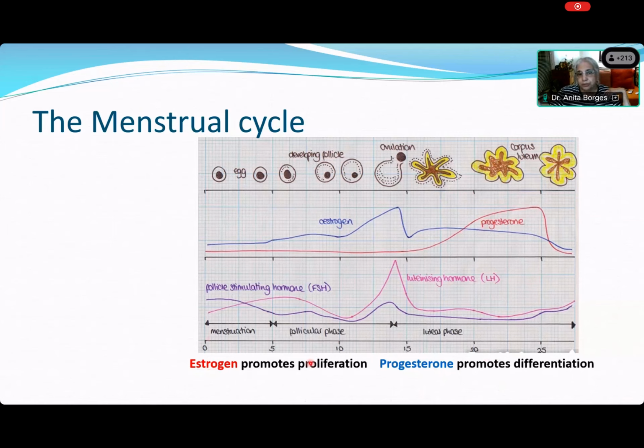Estrogen promotes proliferation. Without estrogen, the endometrium cannot proliferate. And without progesterone acting on an estrogenized endometrium, there can be no differentiation. What is that differentiation that we are talking about? This differentiation is secretions that collect in the endometrial cells and then are extruded into the lumen of the endometrial glands. This is very important because functionally this endometrium has to form a bed for the fertilized ovum as it comes and sits in that bed.